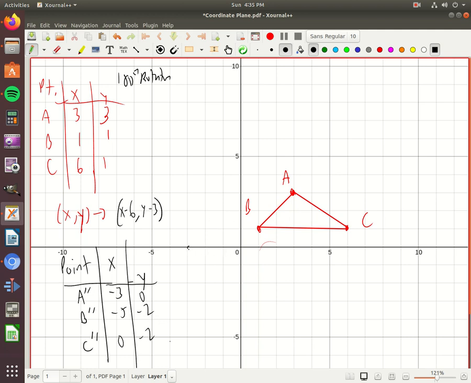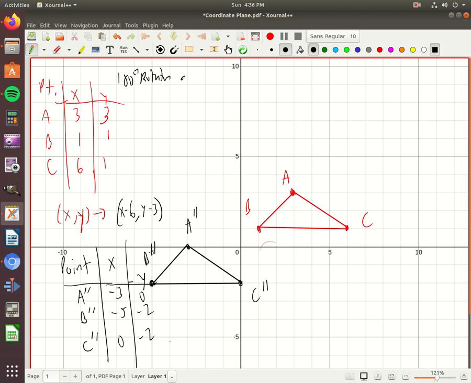So -3, 0, -5, -2, and 0, -2. So you can see this is my A double prime, my B double prime, and my C double prime. And if I connect those, it looks like this was a translation, right? So the first one was a 180 degree rotation, but this one looks like it is a